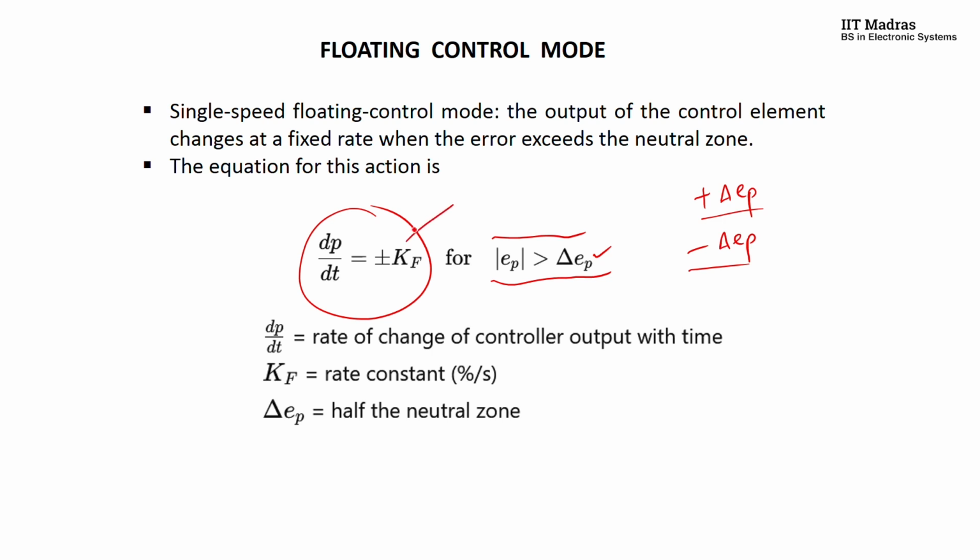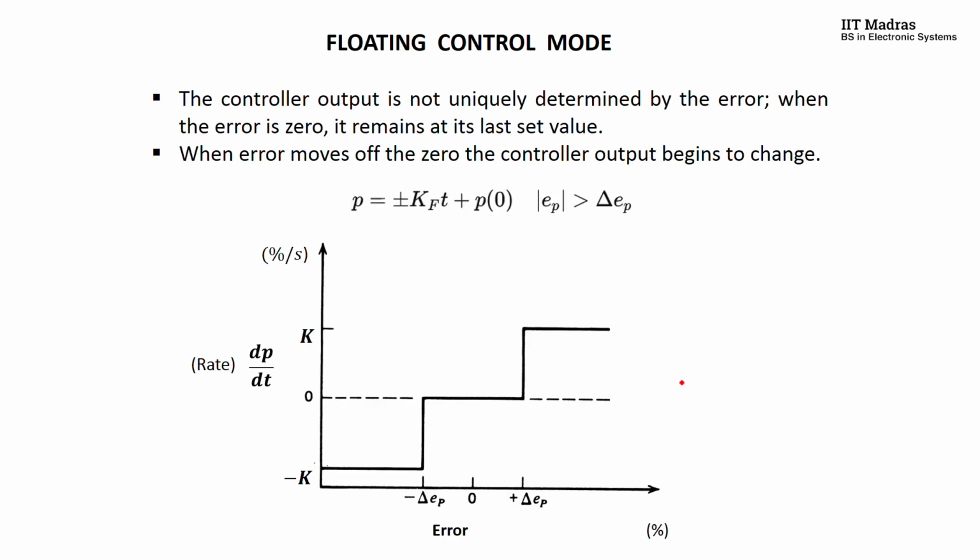And now you can see clearly here that kf is constant, okay. Kf is constant here, so this is a single value of kf, so I am calling this a single speed floating control mode. There is a reason why we are calling it a floating control mode, that we will try to explain in the subsequent slides, okay. So what happens, we are looking at the rate of the change of control output, and this is the percentage of error. If you are in this band of plus delta EP to minus delta EP,